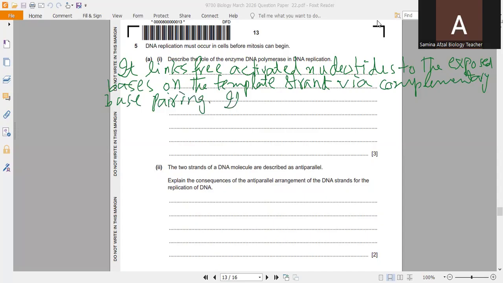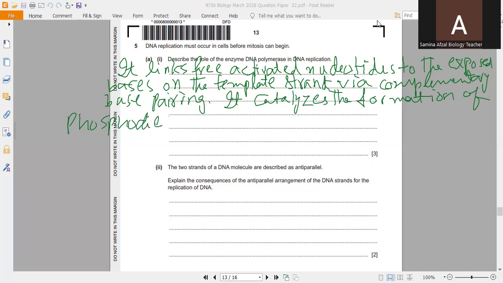Secondly, it catalyzes the formation of phosphodiester bonds between the nucleotide molecules. And thirdly,